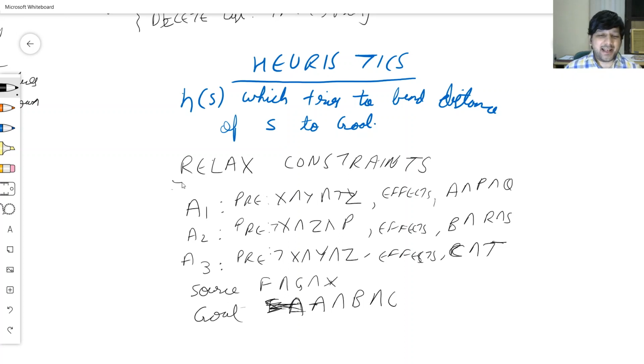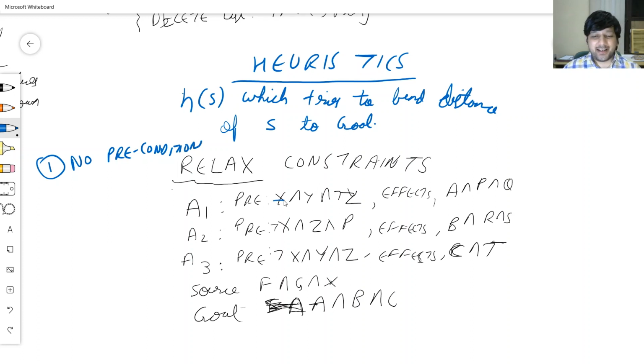So let's apply some relaxation and relax a constraint. The relaxation that I apply is that I say there is no precondition. Of course, I'll have to relax something so that I can give you a quick-to-compute solution, and only the effects remain. So what you see here is how I get A by A1, how I get B by A2, how I get C by A3, and therefore my heuristic